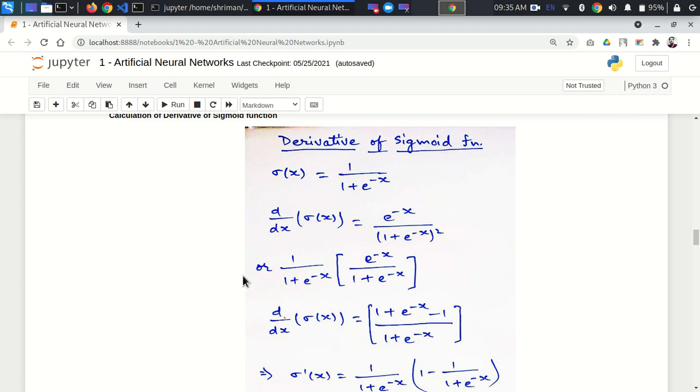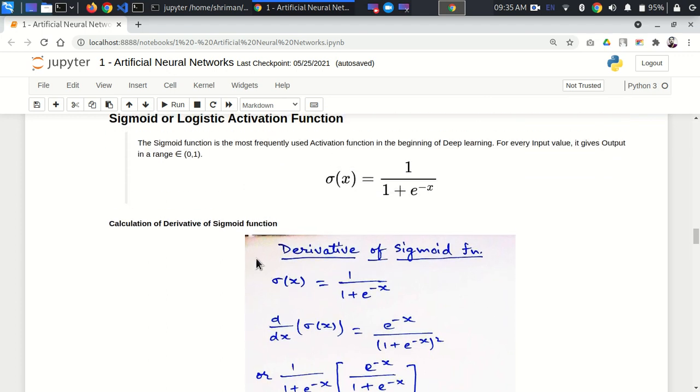If you are dealing with a regression problem, in the output layer we can go with a ReLU activation function. We can also go with a linear activation function, maybe y = mx + c. So in case of a regression problem, we can go with ReLU or y = mx + c. We can choose between these two, whichever is going to give you a better result.